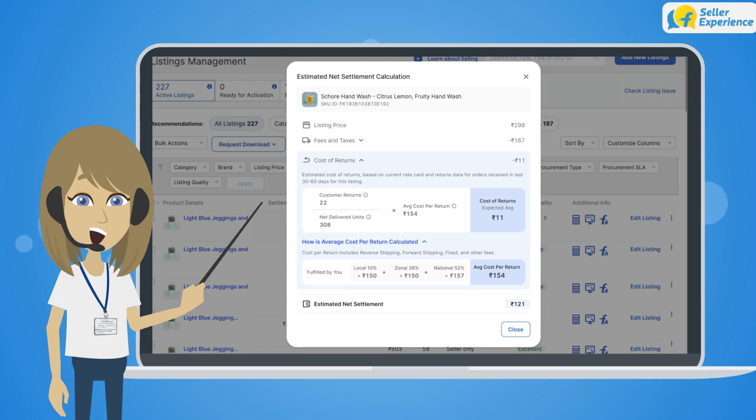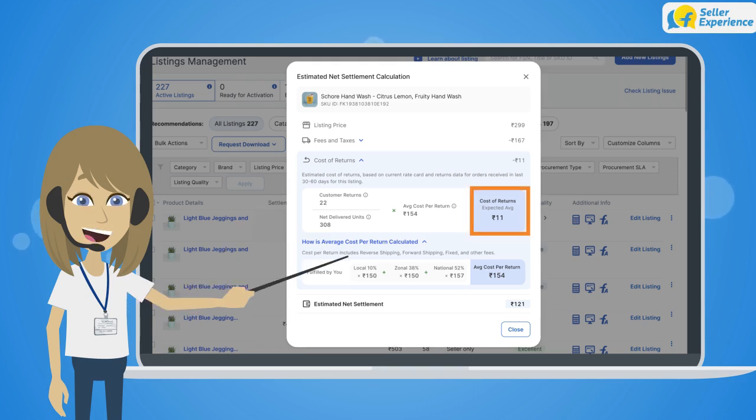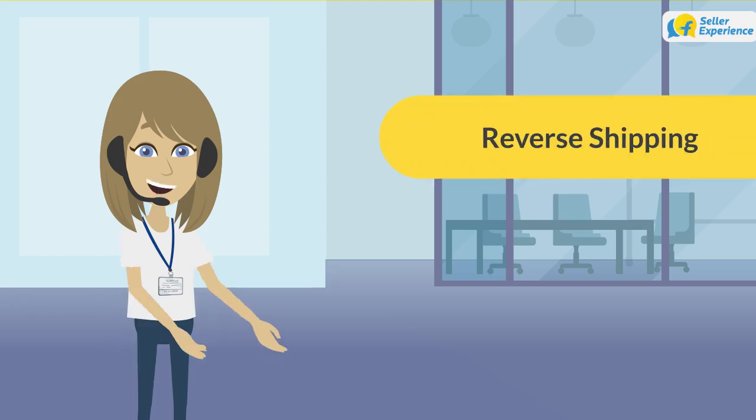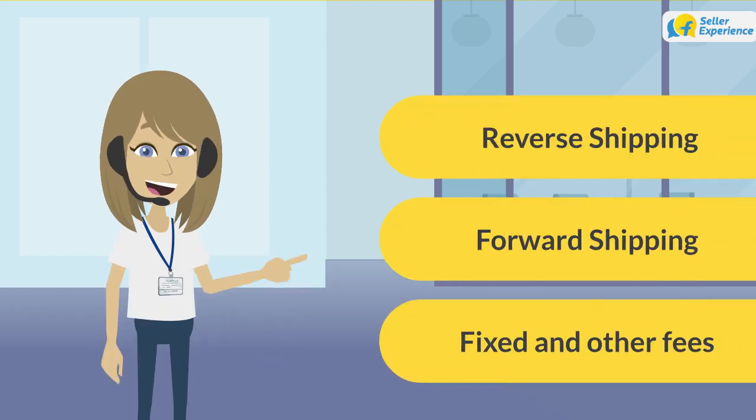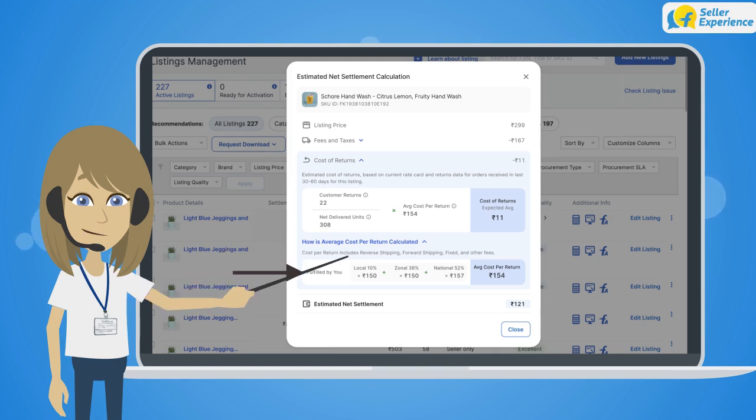For you to understand the cost of returns, you need to first understand average cost per return, which includes reverse shipping, forward shipping, fixed, and other fees. To understand this better, let's look at this example here, where the average cost per return, which is Rs 154,